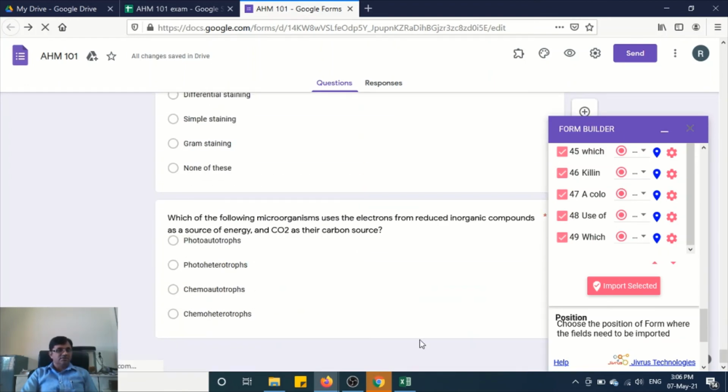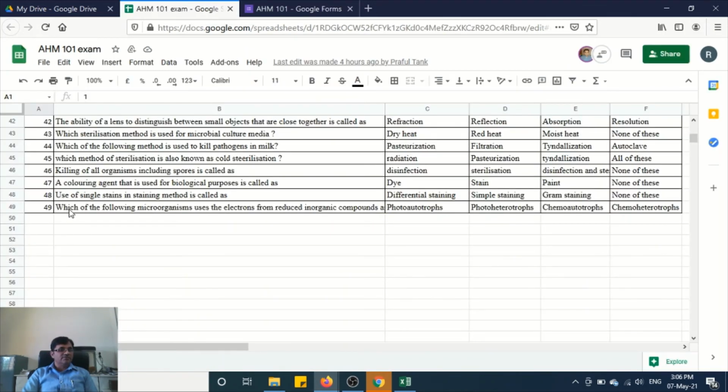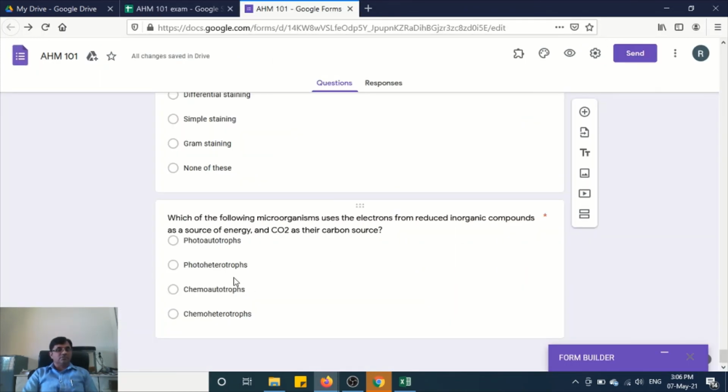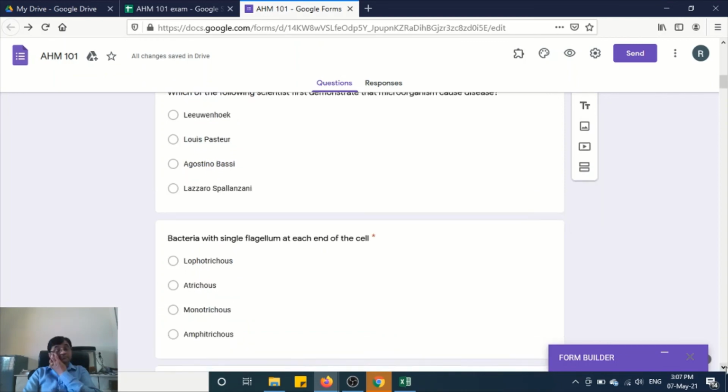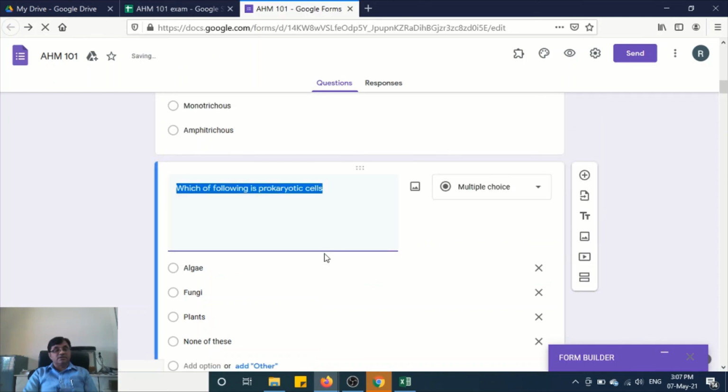You can see this one is the last question, that is, which of the following microorganisms. You can see it is the same, which of the following microorganisms uses, and these are the 4 options: photoautotrophs, photoheterotrophs. And all are marked as compulsory.